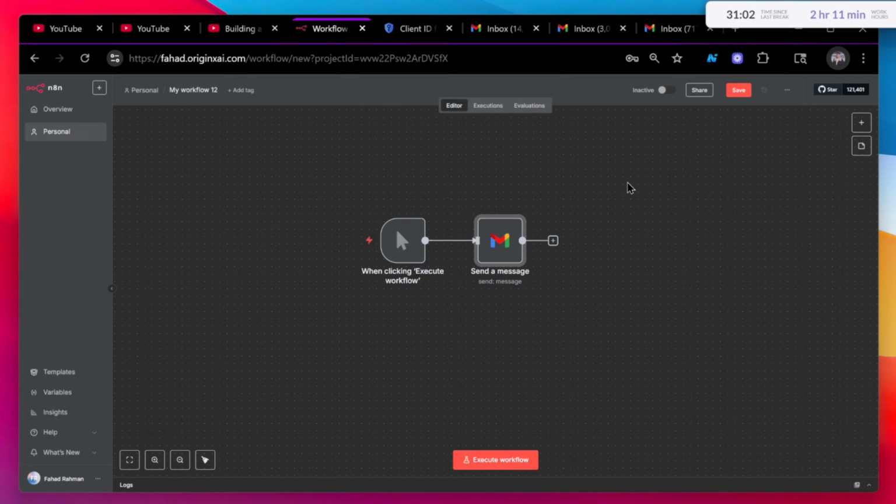Hey everyone, in this video I'm going to show you how you can connect your Gmail account directly to n8n so you can send emails from your Gmail account directly and create automations or AI agents around it. So let's just quickly test this step. If I execute this workflow,